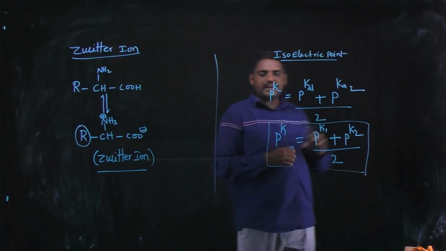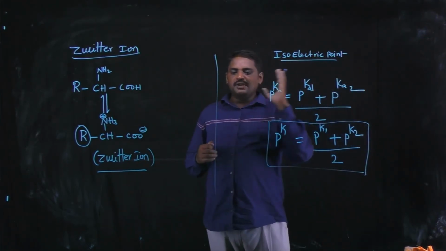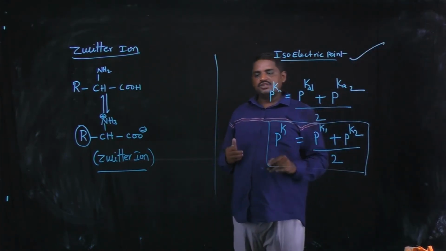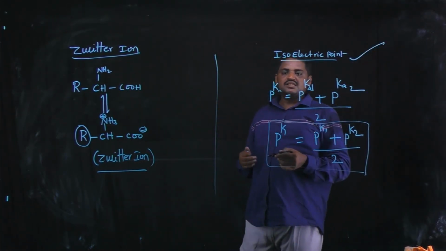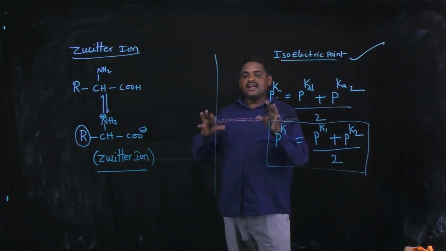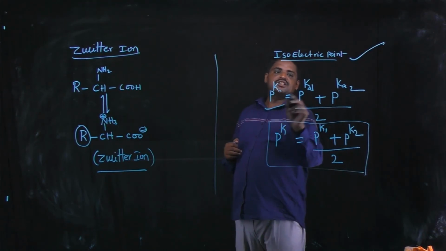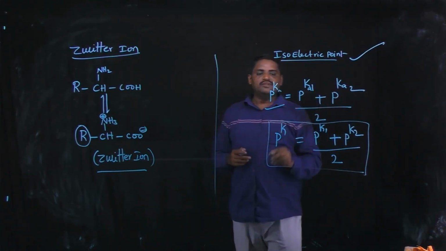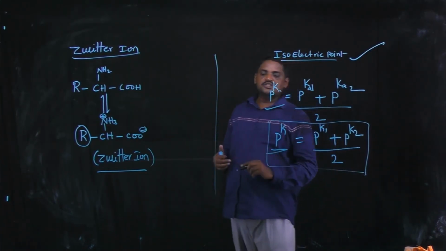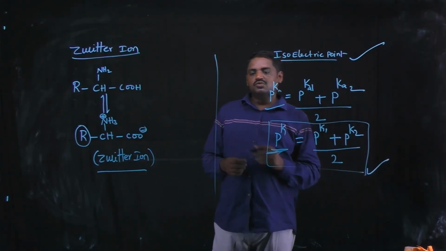And the isoelectric point: at a particular point or particular pH, the ions do not shift from one place to another in the presence of an electric field. That point is known as the isoelectric point. For acidic amino acids, when two amino acids are mixed with one another, the mixture's isoelectric point pKa is equal to pKa1 plus pKa2 whole divided by 2. For example, if the given amino acids exhibit neutral character, the mixture's isoelectric point pK is equal to pK1 plus pK2 whole divided by 2. This is the explanation for